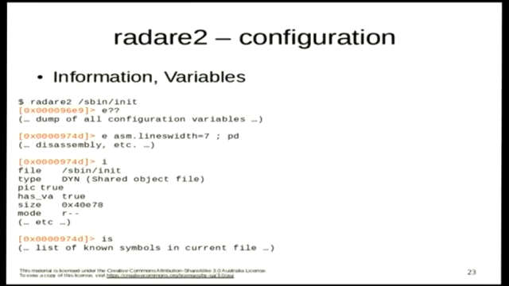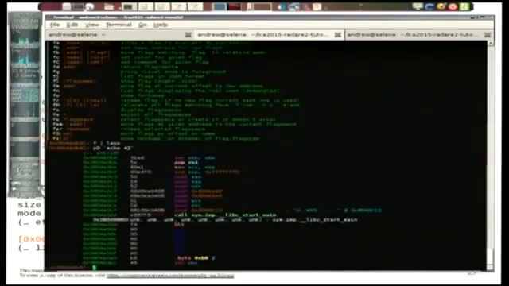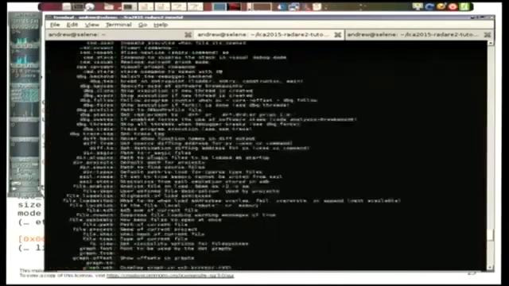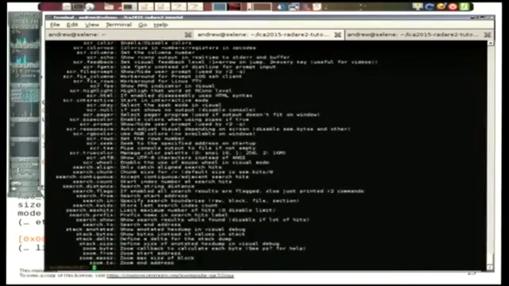So I've mentioned this a few times. Radare has a pretty good configuration interface. The E command is the access to a lot of that. If I go E double question mark, there's a great big list of options that configure things like colour, how wide the screen is, and fine-tuning for the analyzer that looks for functions and calls, prefixes and various other